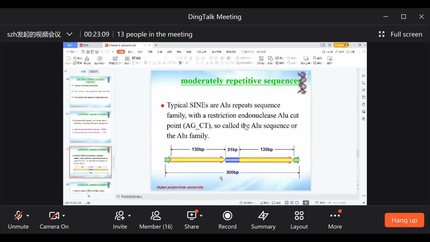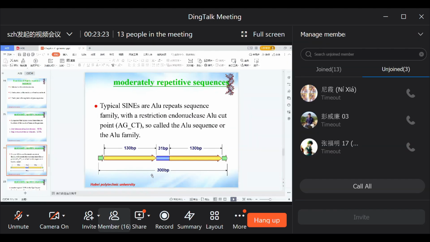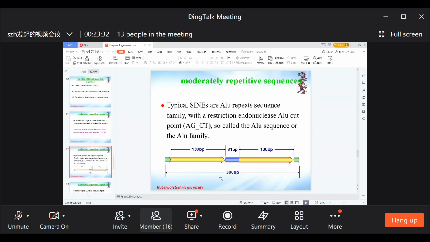This kind of moderately repetitive sequence forms, in this figure, three kinds of sequence. Two sequences you can see are 130 base pairs, and another one in the middle is 31 base pairs. So for this kind of short interspersed nuclear elements, we give the name